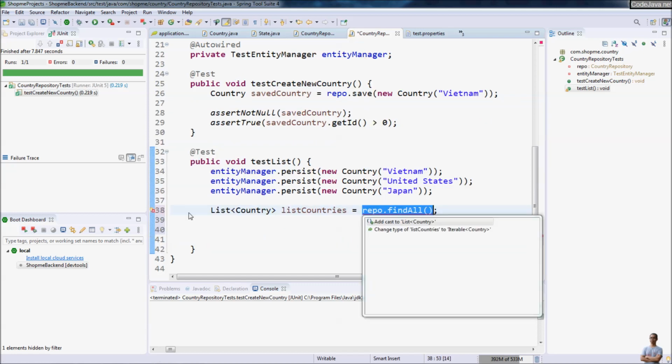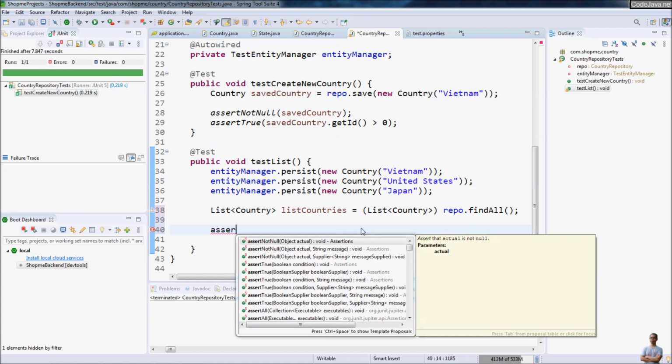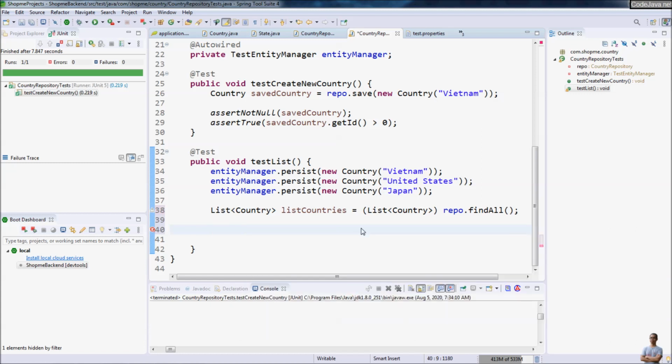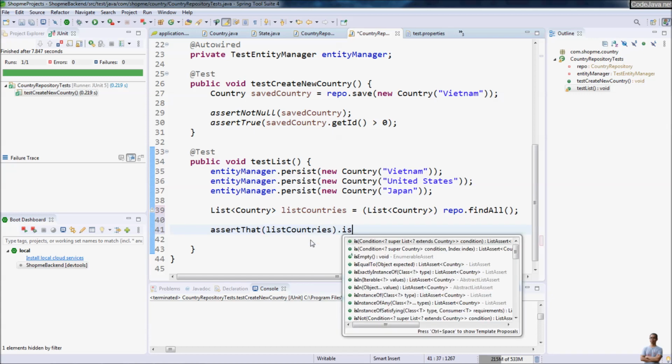We need to have a cast here, and we assert that. We can use the AssertJ library for a more fluent assertion API. So we can assert that, from AssertJ, listCountries is not empty,